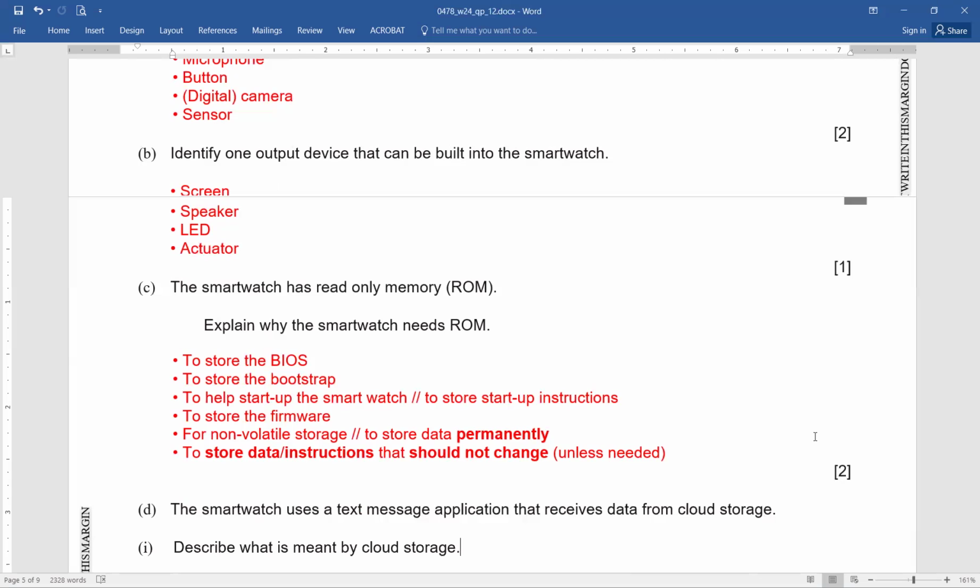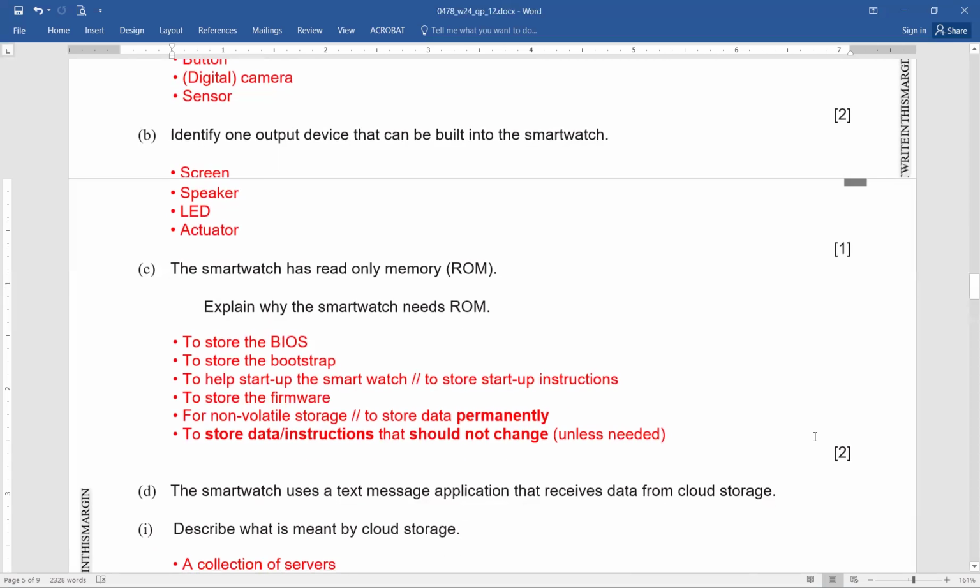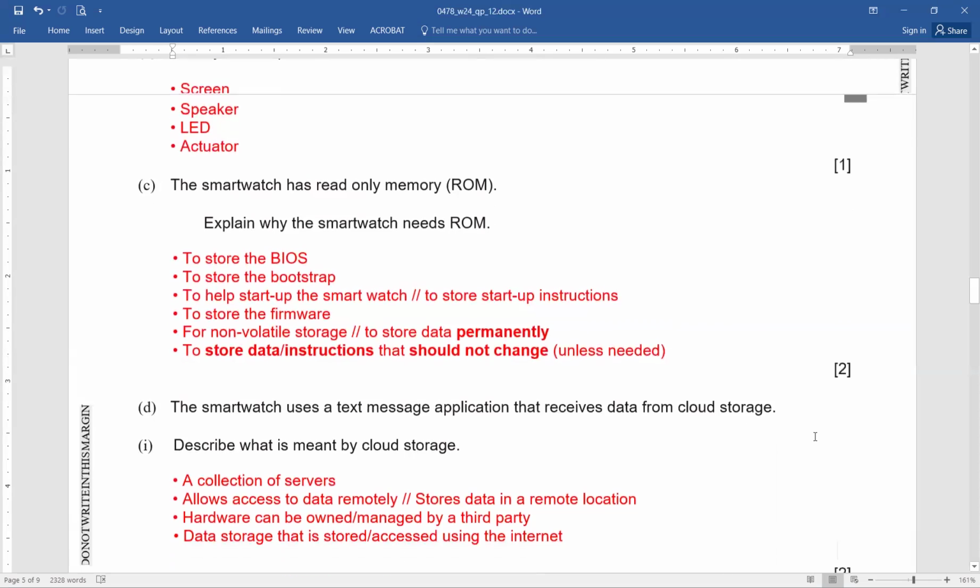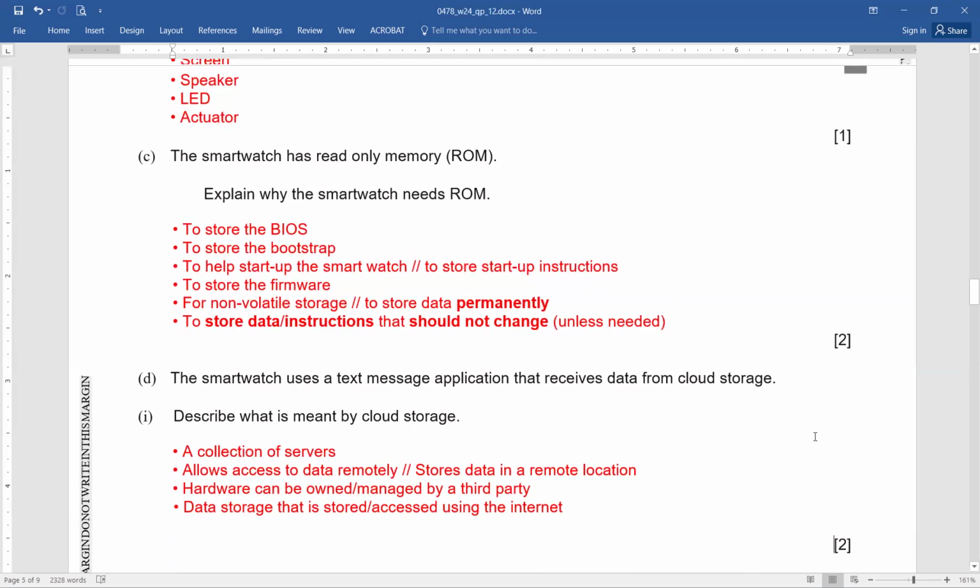Describe what is meant by cloud storage. Simple question. What is this cloud storage? You know it very well. It's a 2-mark question. A collection of remote servers that allows data to be accessed remotely, that